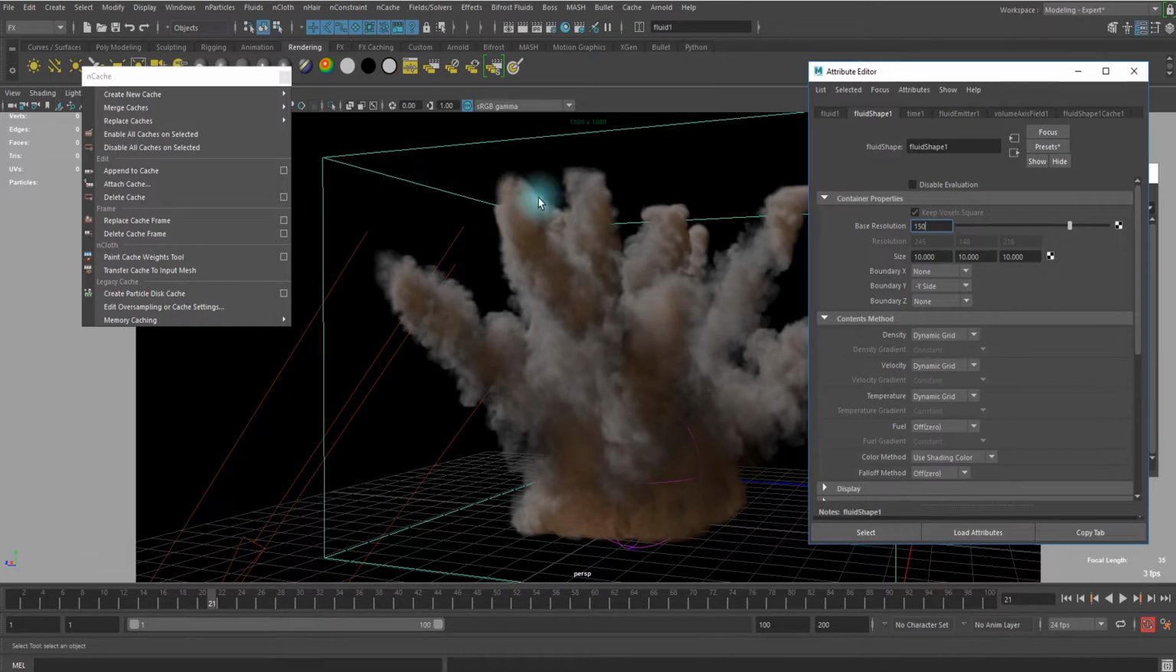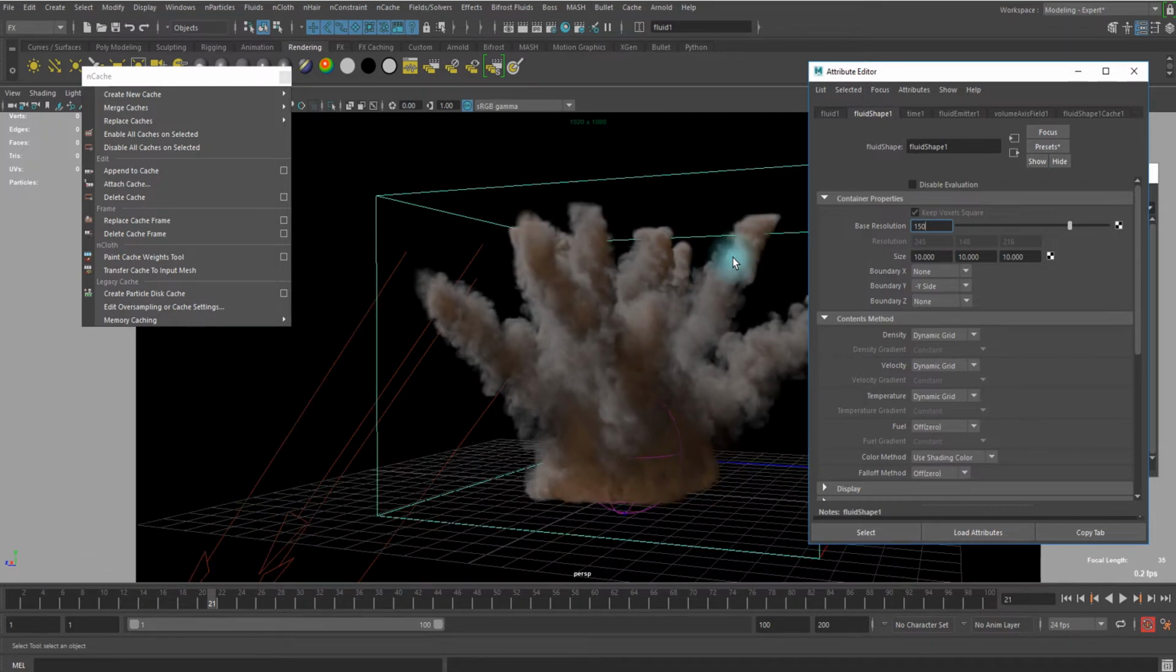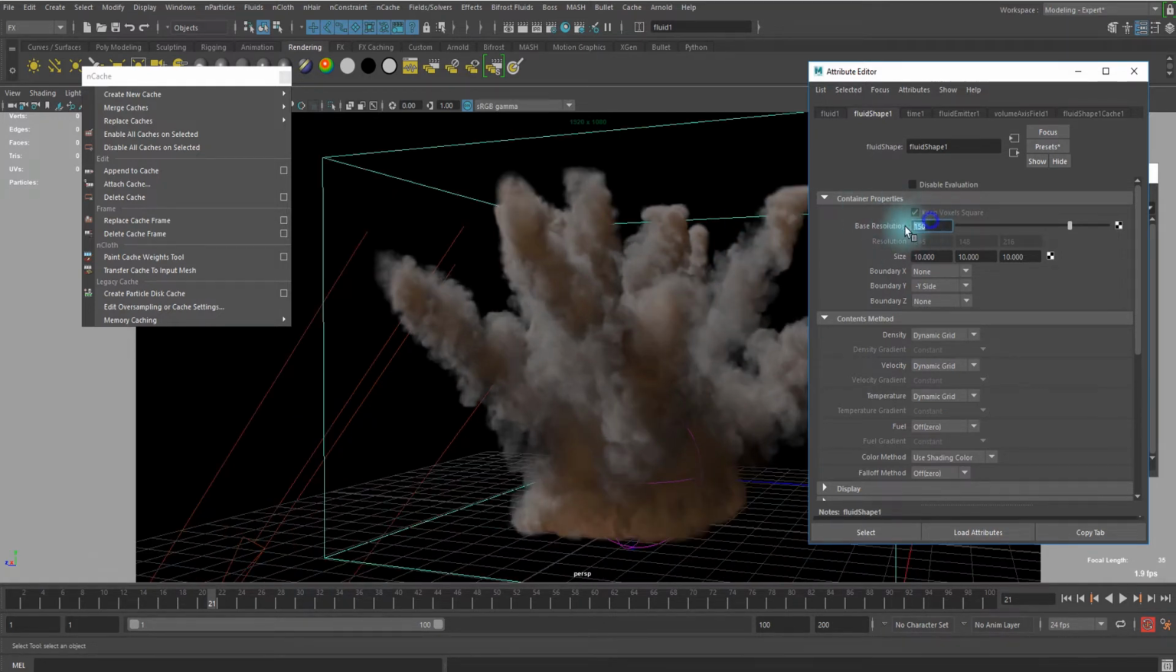So anyway, I recommend to set this base resolution to something like around 200. If you set this value too high, you're gonna crash, or it's gonna take too long. That's not really desirable. So anyway, I'm going to set it to